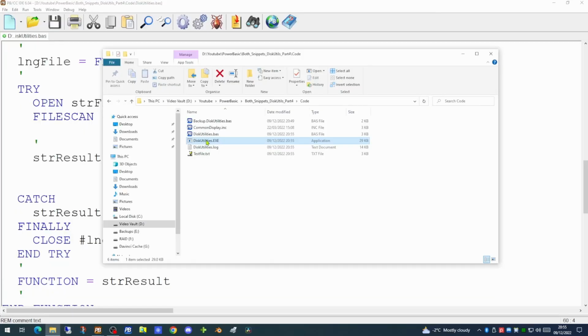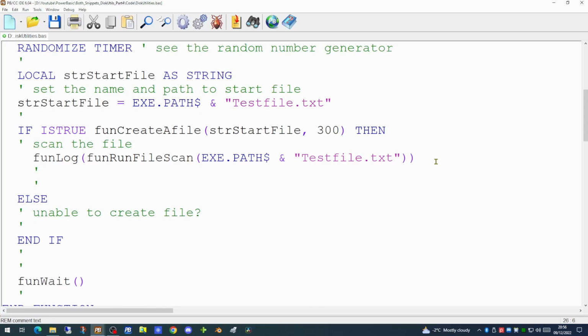This command can be very useful to determine the number of records within a file before you start processing it. So now that we've scanned a file for the number of records within it, what else can we do on the file? Having created a file, we can use PowerBasic to effectively rename the file. The file at the moment is called testfile.txt. If within our code we wish to amend the name, it can be done quite easily.